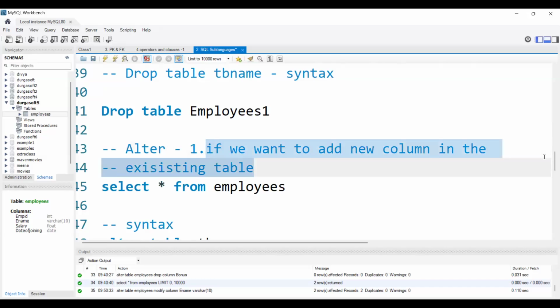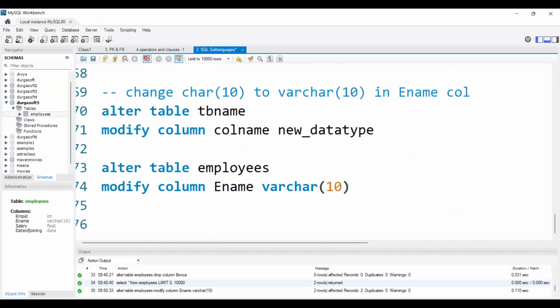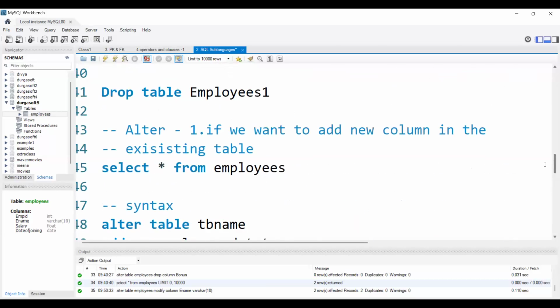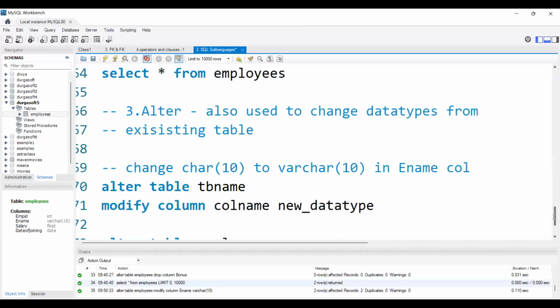So we are learning about the alter command only. We saw 3 use cases, right? Basically we will have 5 use cases inside the alter command. Up to now we saw 3 use cases.